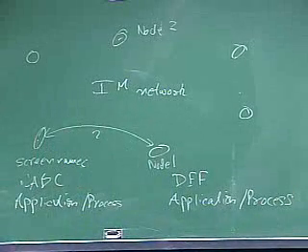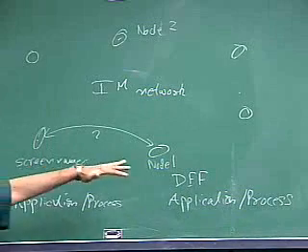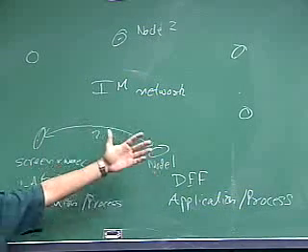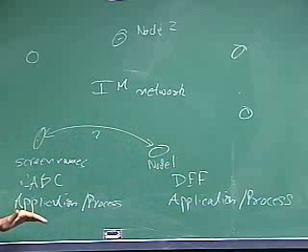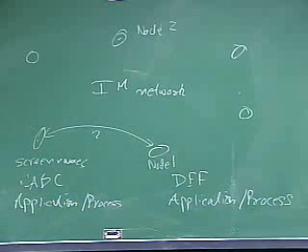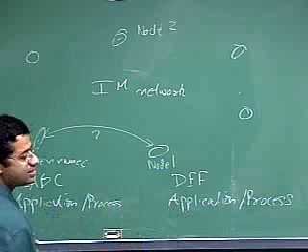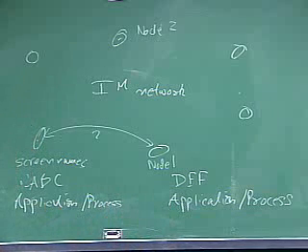So on your desktop, besides this IM client, you have probably a web browser running, maybe a login session running. All of those are different applications which are talking to other applications, maybe on the same network, maybe on a different network. So to be able to talk to a specific application, you need a way to locate and identify uniquely that application running on the other node. Simply knowing the IP address